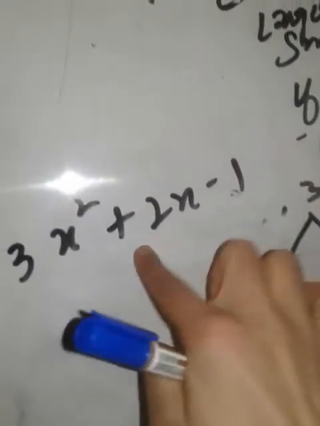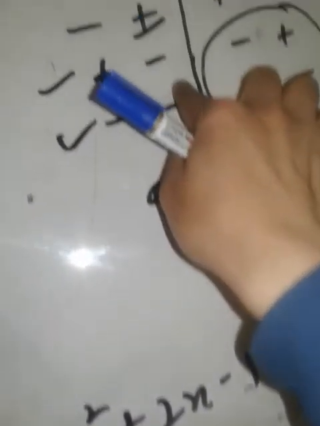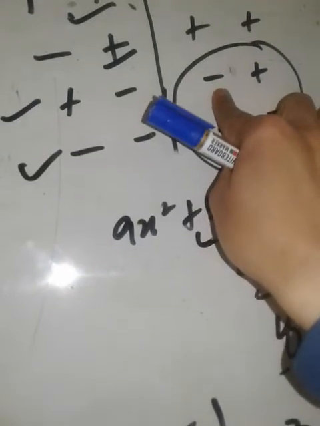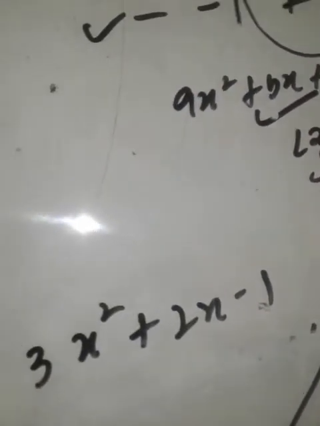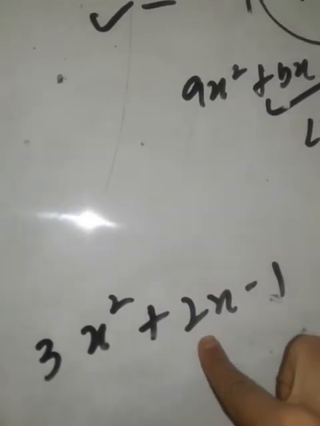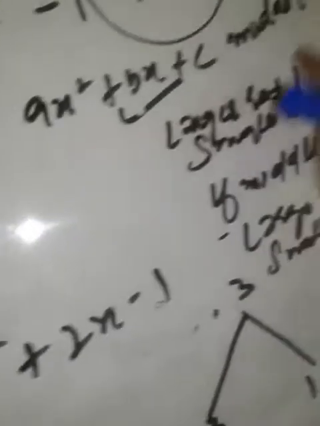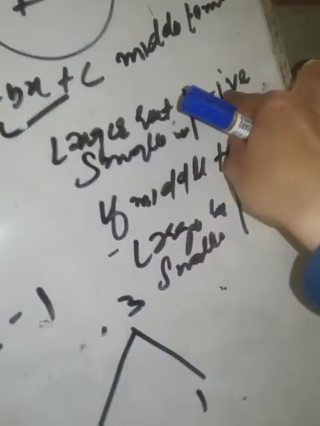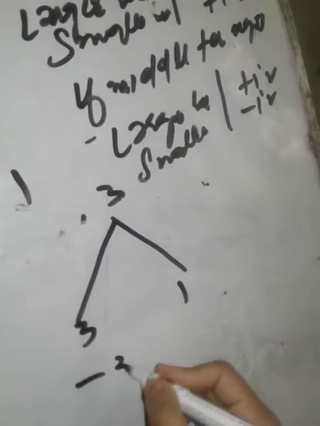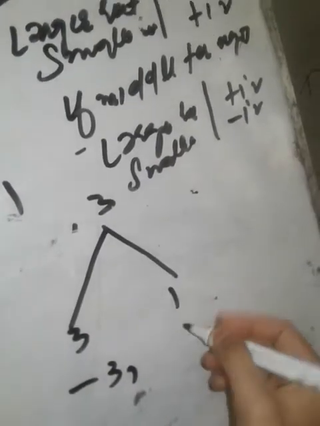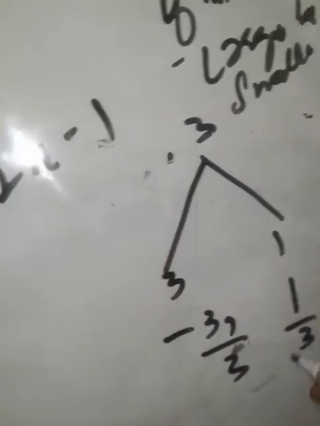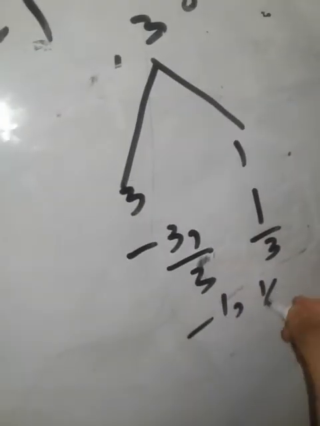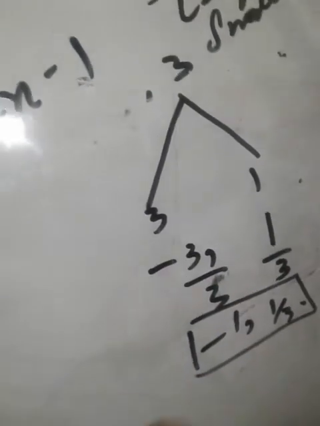Now this is plus minus, again plus minus. What will be the sign of the roots? Minus plus. Now the question is, which one is positive, which one is negative? If the sign of the middle term is positive, what we have to do is put the larger root with a negative sign. Which one is larger? This is 3, that is minus 3, and this is plus. Now here the coefficient is 3, divide by 3. This is minus 1, 1 by 3. So its roots will be minus 1 and 1 by 3.